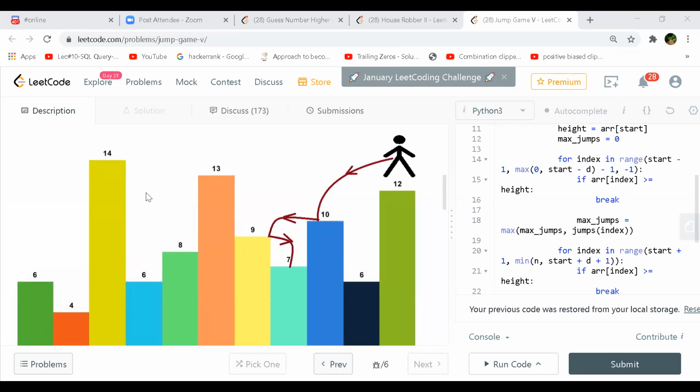So it keeps giving you more flexibility. The place where you start your jump, you again have another d, so you can keep jumping as long as you are allowed. If this whole array was in ascending order, you could have started from the very end and jumped all the way to the beginning if your d was at least 1.